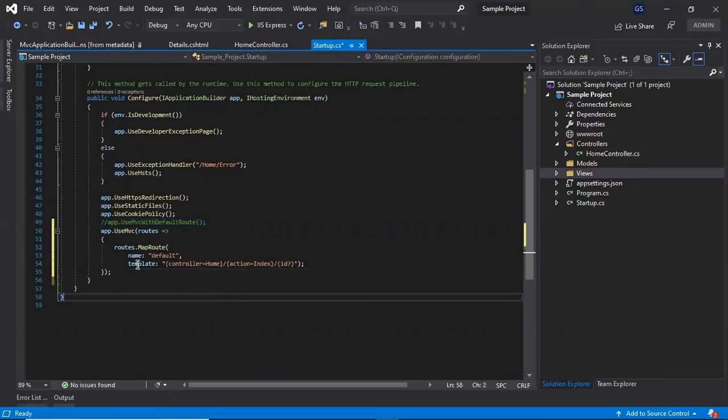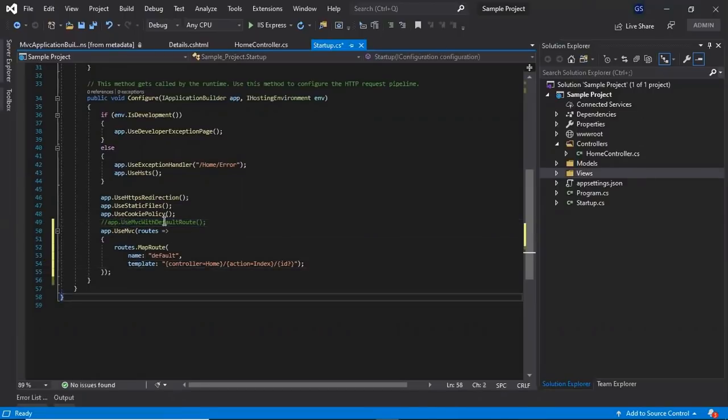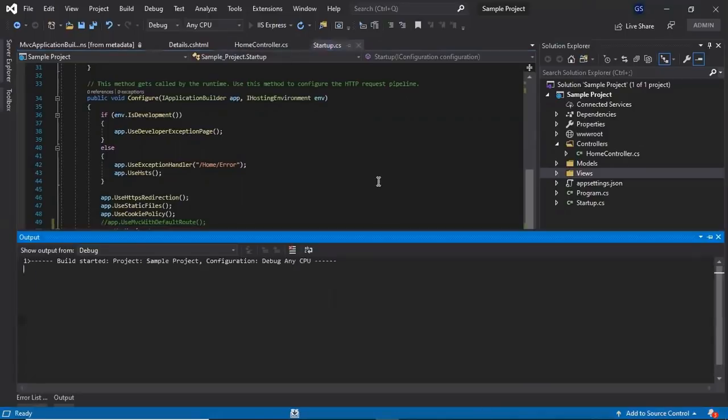If you look at the template, it is similar to UseMvcWithDefaultRoute. UseMvcWithDefaultRoute internally calls app.UseMvc. So let's run and see it working.